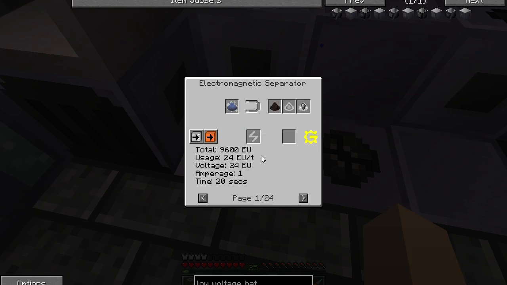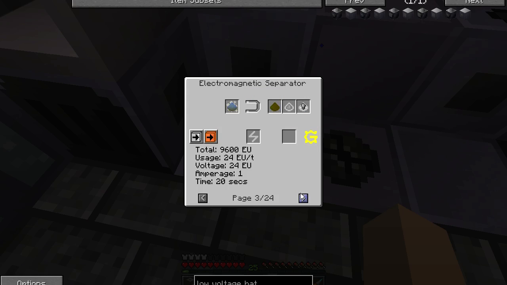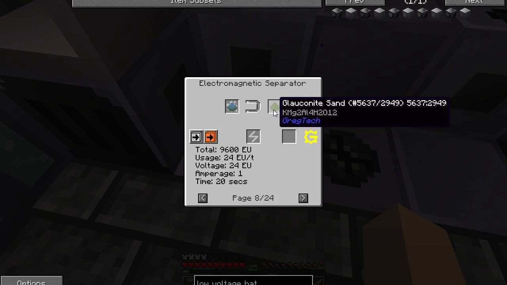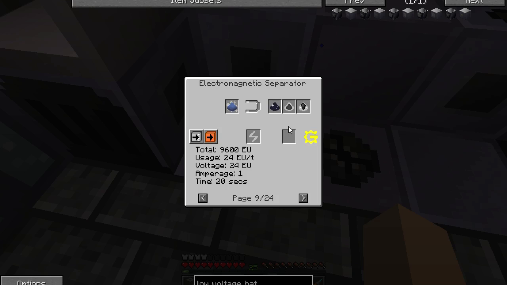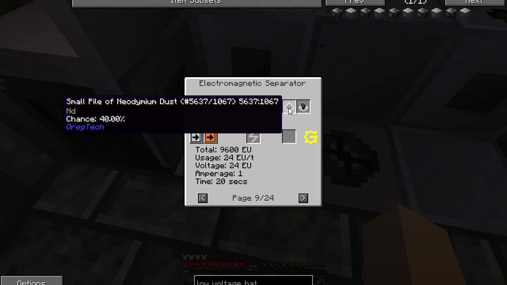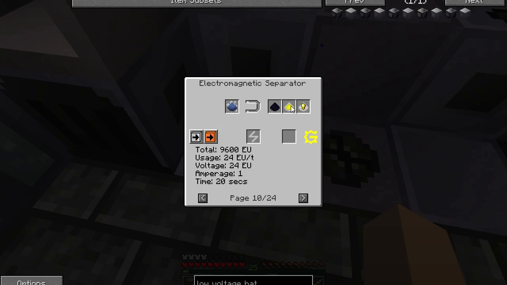So you can use manganese, alumet, which is the titanium, pendletonite, tin you can run through here, glauconite, chromite, which we don't have, nickel, that's glauconite, sand, forcillium, which gives neodymium, vanadium magnetite will give gold,